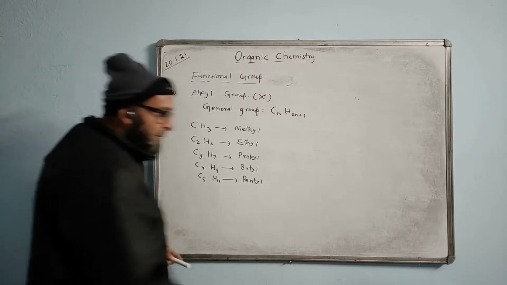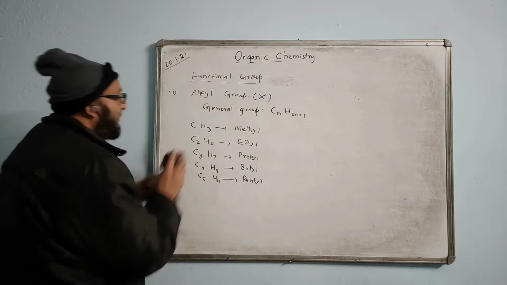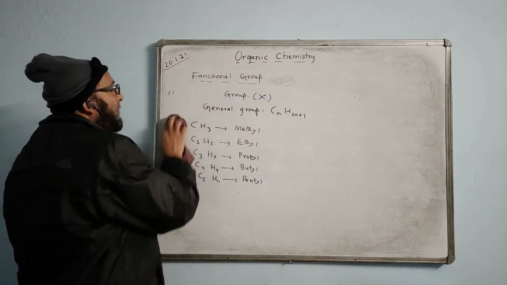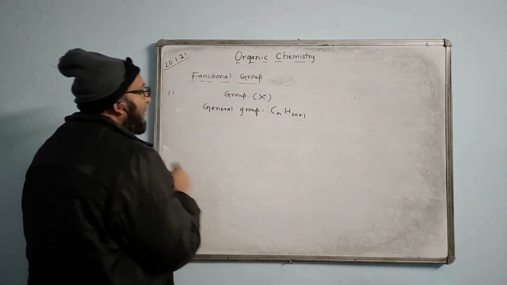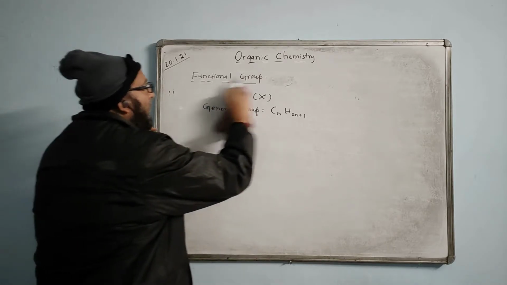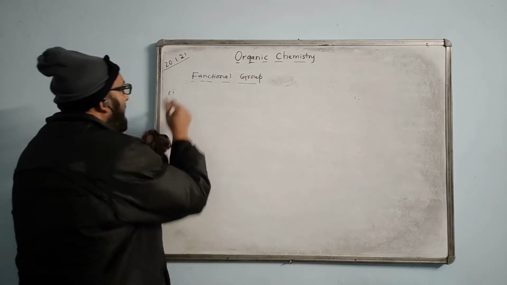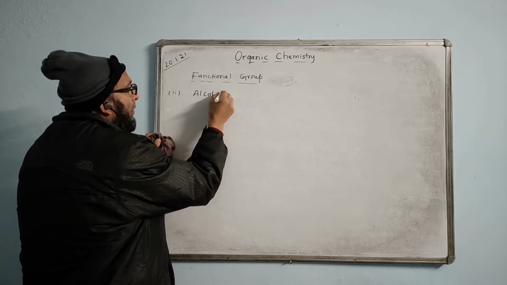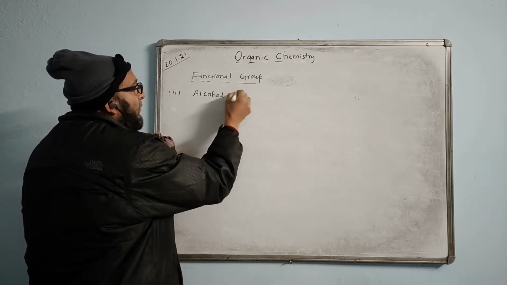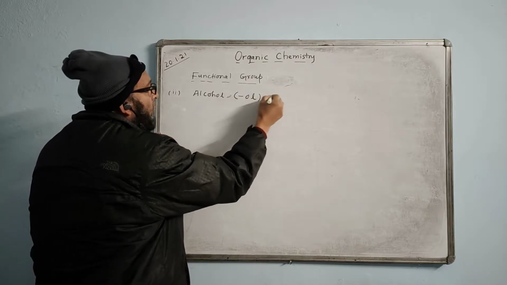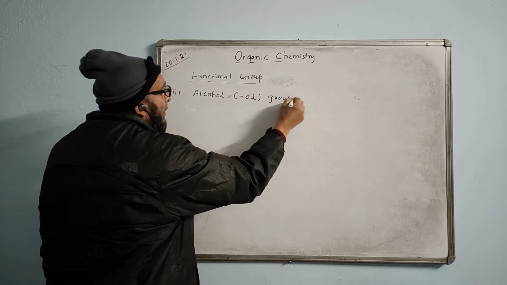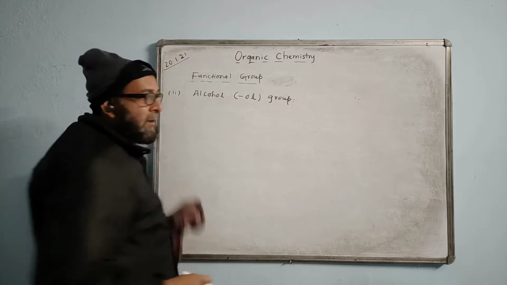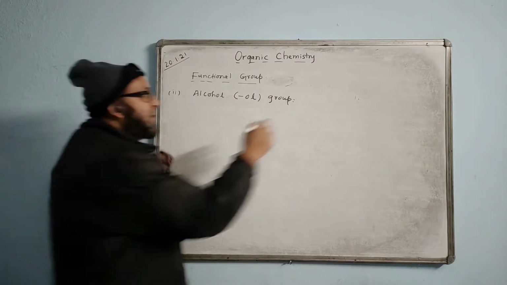Now, the next functional group, number 2, is the alcohol group. Within brackets we write the ol group. This is the IUPAC name. In the IUPAC system,